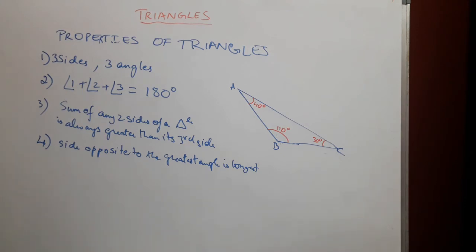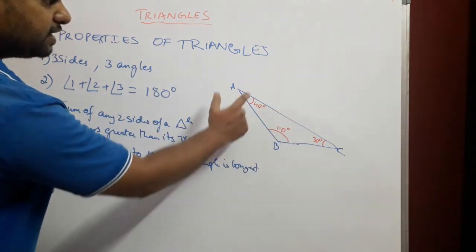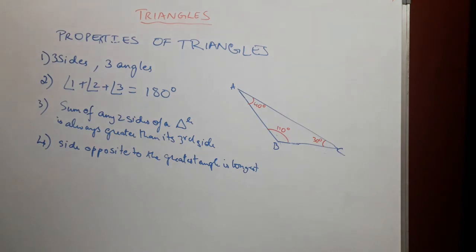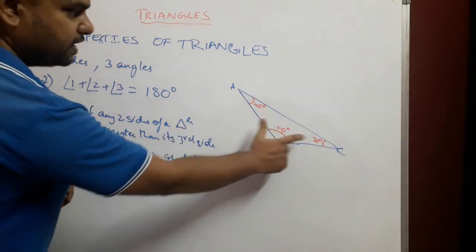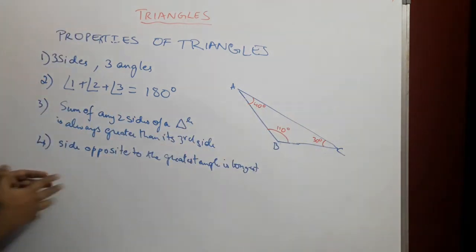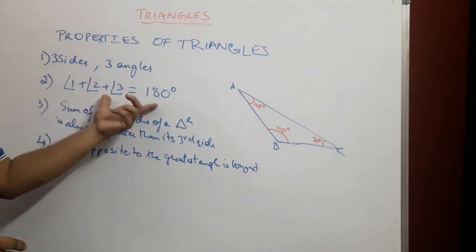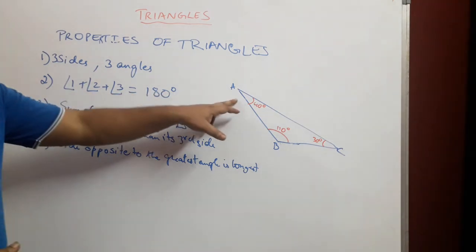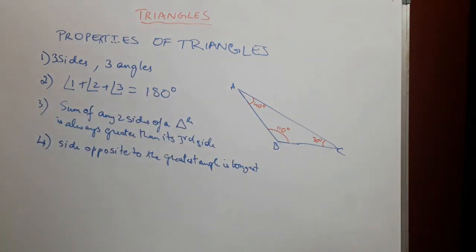So with this we complete the properties of triangles. Important thing to remember is any triangle has got to be three-sided, and it should be a closed figure. Okay, and then you can look at other properties of triangles. So we'll just recap these properties once again very quickly. A triangle always has three sides and three angles. Always remember the sum of the three angles of a triangle will always be equal to 180 degrees, and this property helps us to find an angle if the two other angles of a triangle are given.